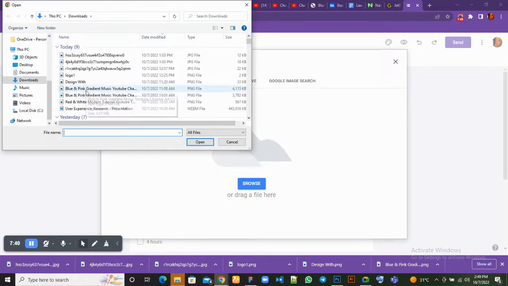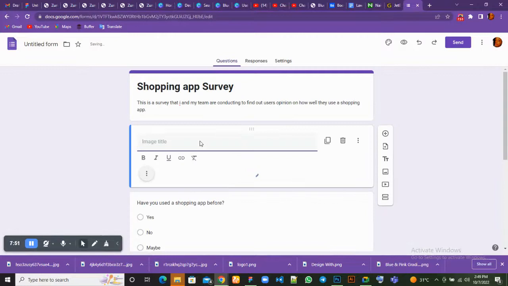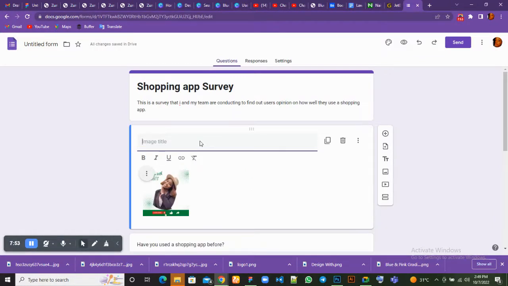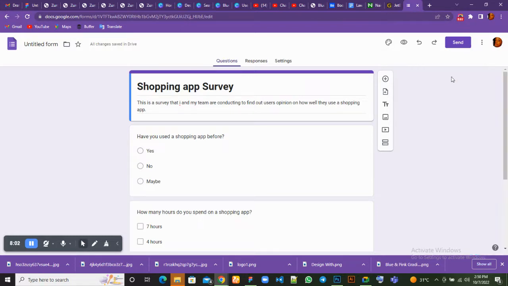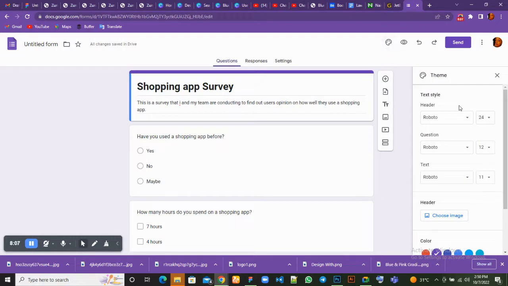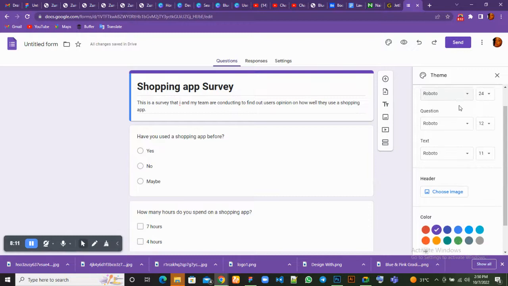So I'm just going to go ahead and click on any image. Let's say this. All right. So yeah, you could choose to style your header. This is where you click. You click here to style your header, and you would see